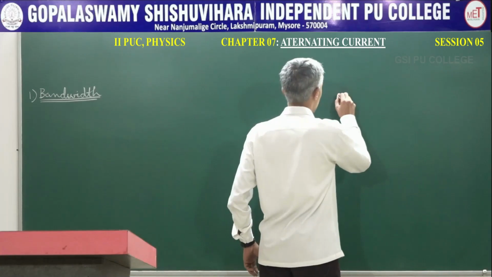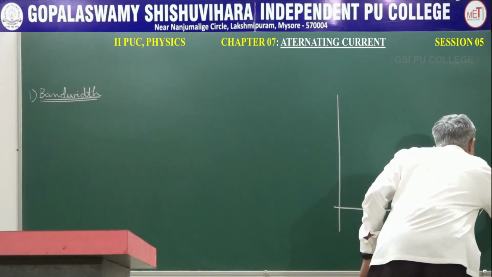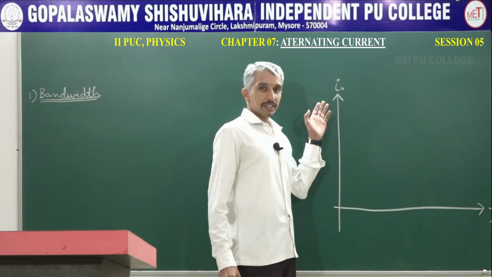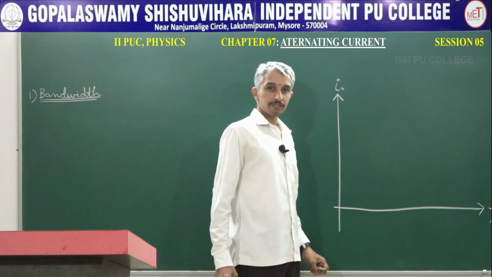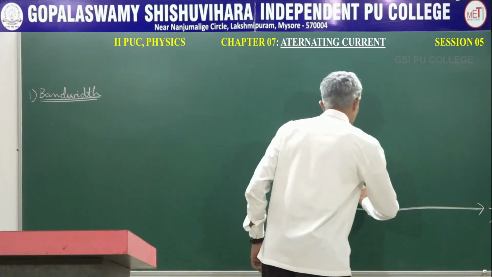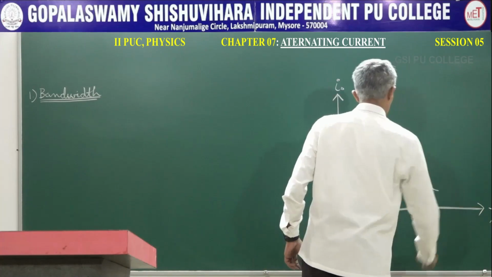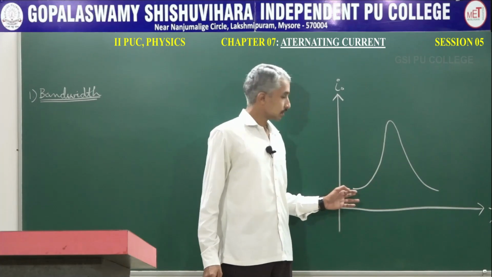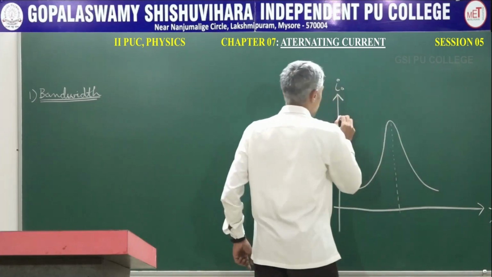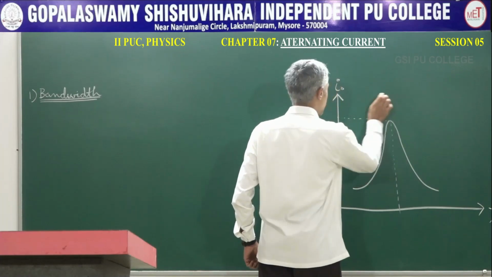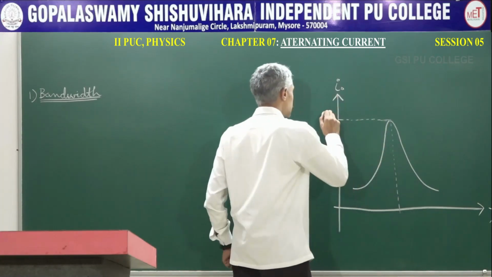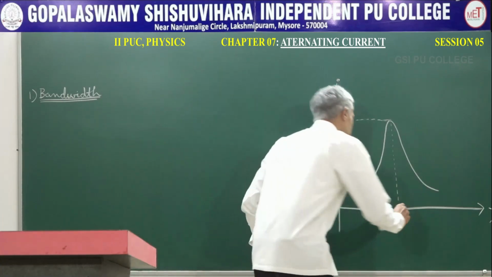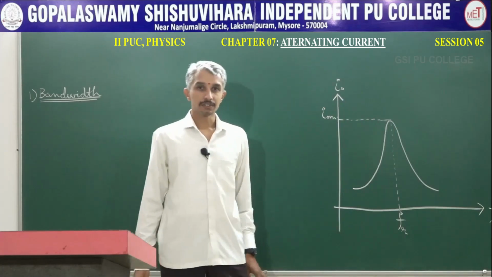If you remember, we have drawn a graph of the peak current in the circuit versus frequency for a series LCR circuit. So if you are going to draw a graph, you will be getting a peak like graph in this manner, where the peak value of the current in the series LCR circuit is going to be maximum at resonant frequency.